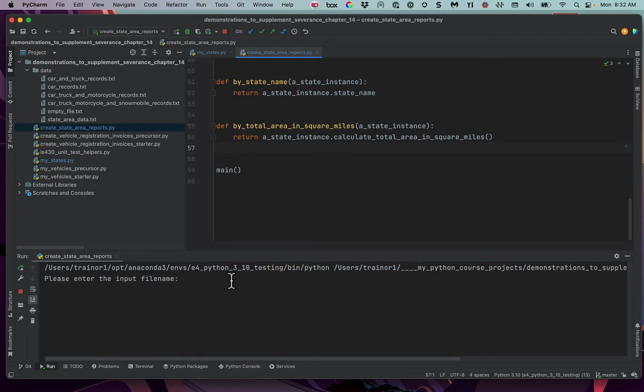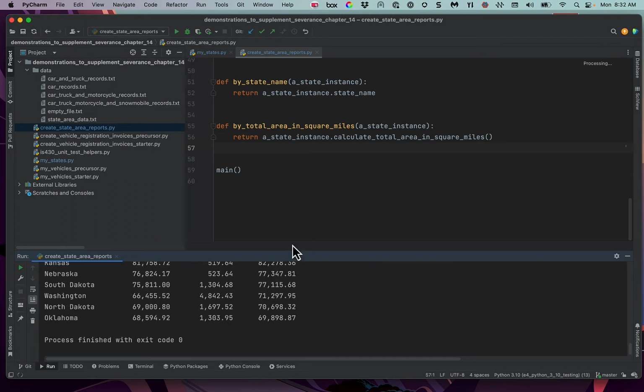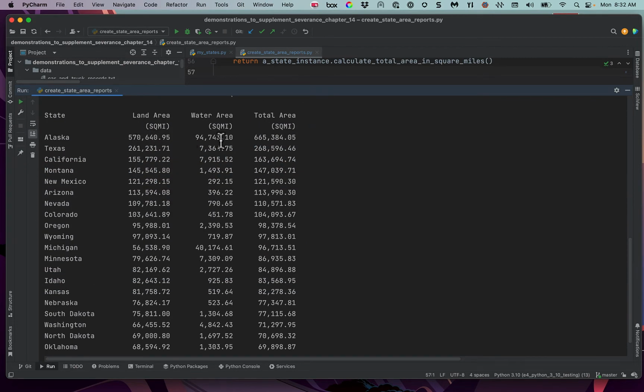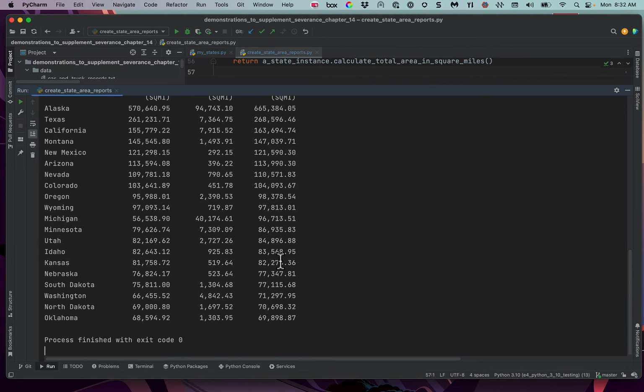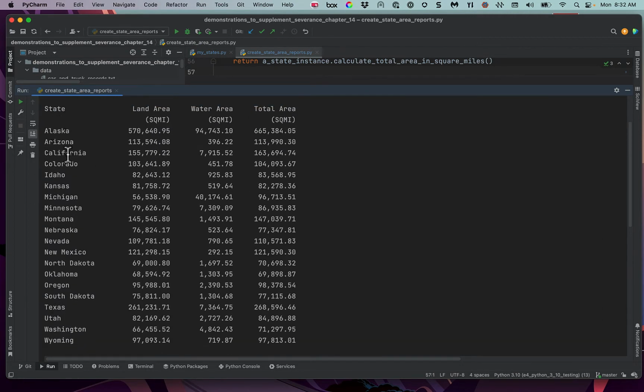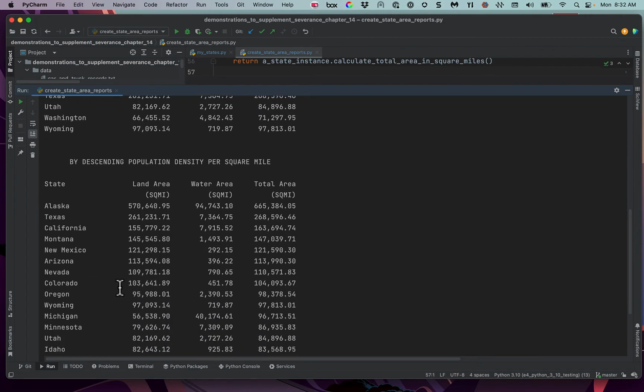I'm glad that I've been able to repair the two errors that I had in here. State area data dot text, and here are the data. You can see that they're not the same. I had them the same there for a while. I didn't catch that the last time I tested it. So the first version is in state name order, and the second version is in